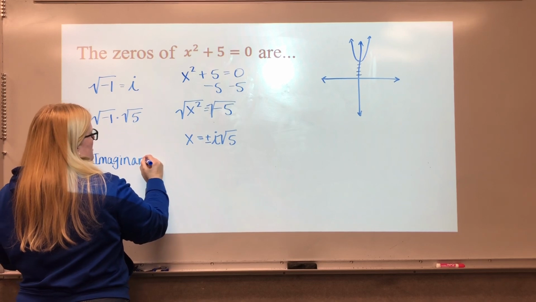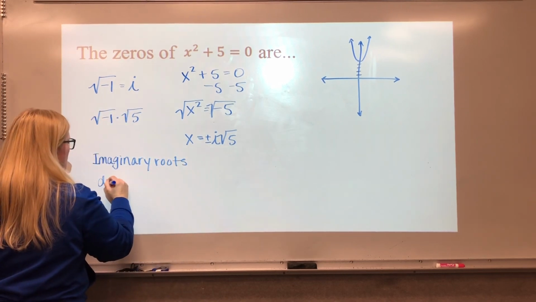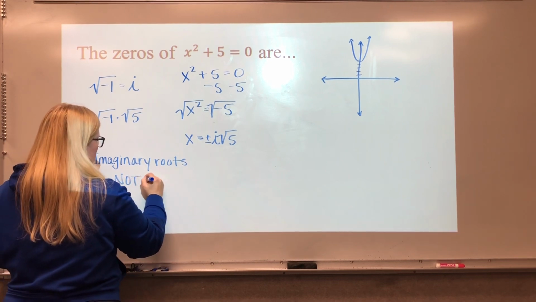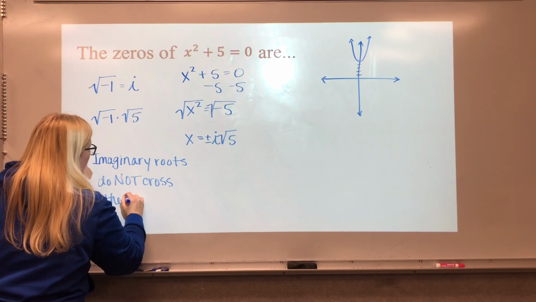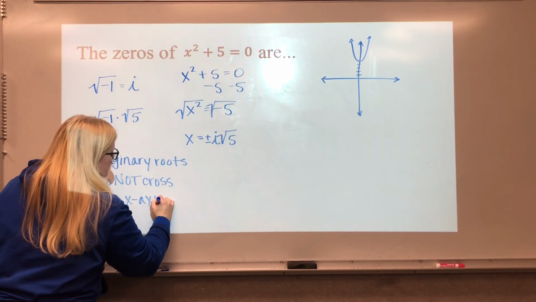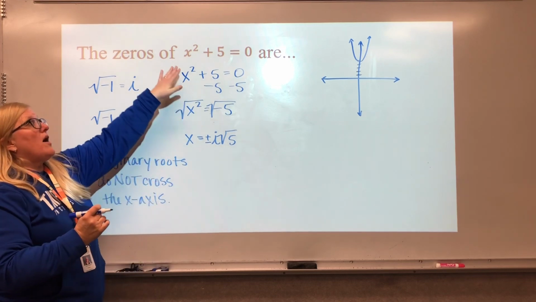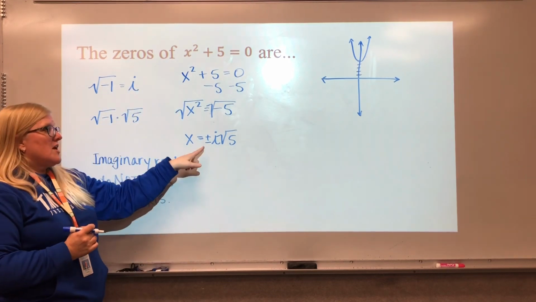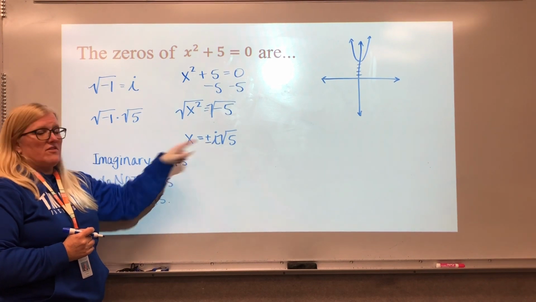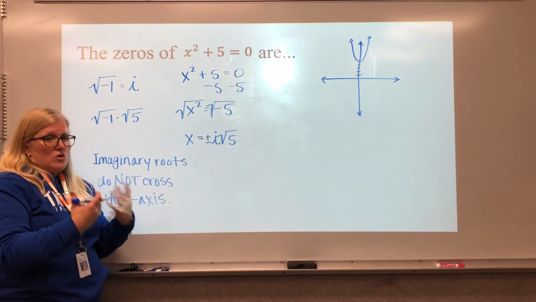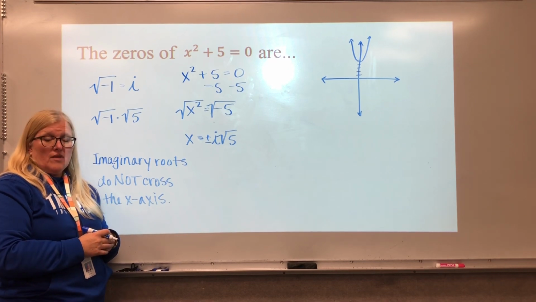Imaginary roots do not cross the x-axis. Only real ones do. So this polynomial still has two roots, but one's a positive imaginary number and one is a negative imaginary number. And most of the time, polynomials have a combination of both. All right, so